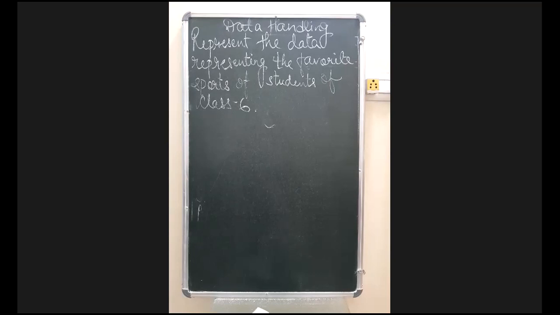As you all can see on the board, the question is written here, which is related to a tally mark: represent the data showing the favorite sports of students of class 6. Now here I will do a survey. सर्वे का मतलब होता है बेटा, different लोगों से information collect करना, is called survey करना. ठीक है? I will be doing a survey from your class, asking one by one from everyone, suppose, what is your favorite sport? I can see there are 26 students present, so I would request everyone to please type your favorite sport in the chat.